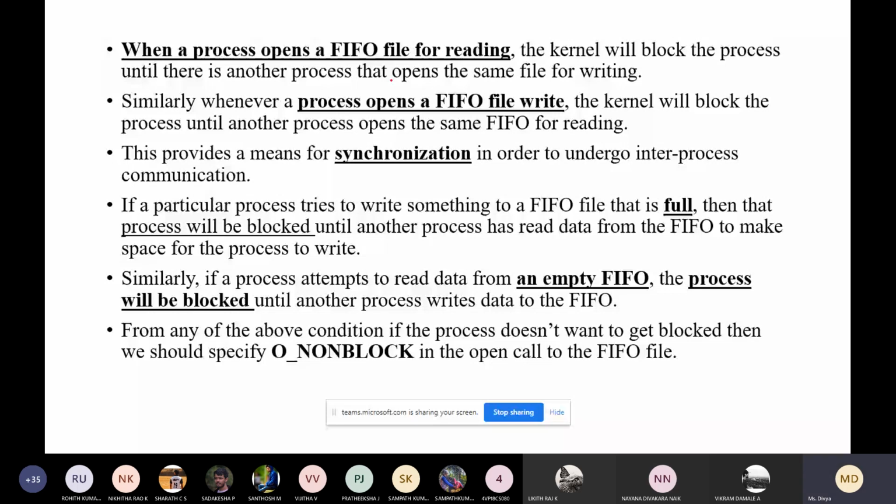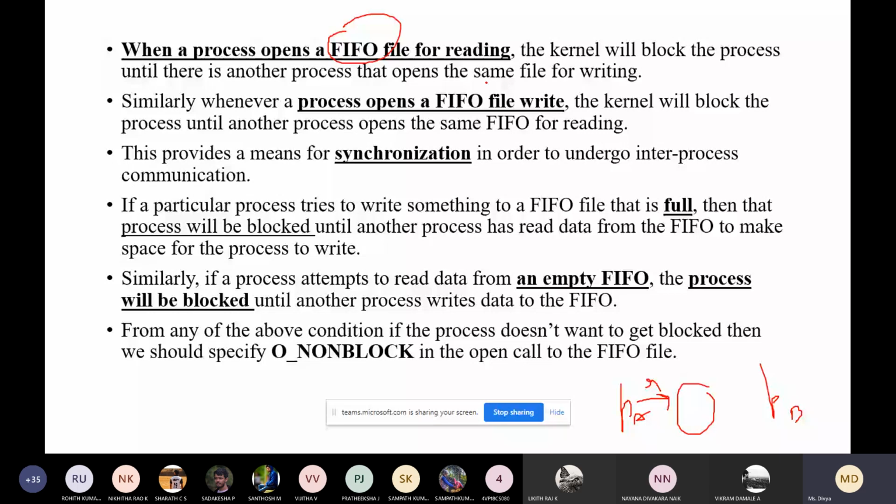Assume that there are two processes, process A and process B. So this is a FIFO file. If it is opening for reading, then the kernel will block the process until there is another process that opens the same file for writing.